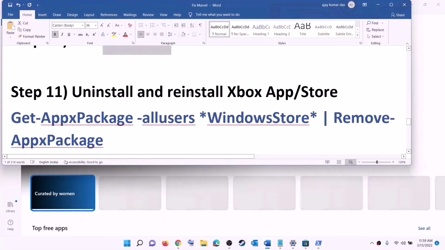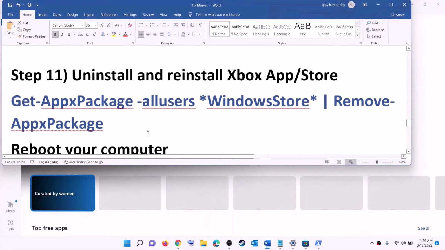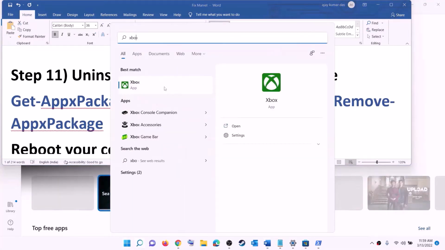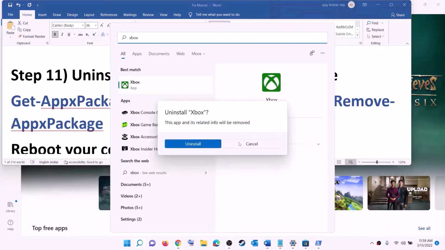Now the next step is to uninstall and reinstall Xbox app and Microsoft Store. So for this, type in Xbox app in the Windows search box, make a right click on Xbox app, then click on uninstall. And then again, click on uninstall. And after the uninstall,